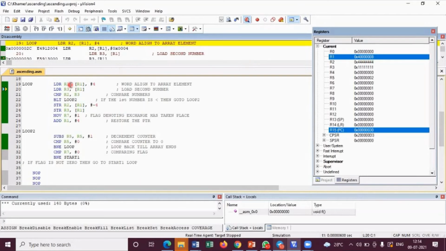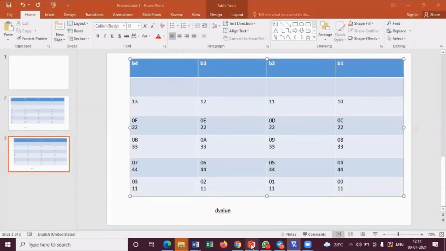Whatever was there in the R1, it is the load operation, right? So before, R1 was pointing to 04, whatever is there in this R1, please move it to R2, because I need to compare two registers, right? So 44 will be moved to R2 now. Then simultaneously R1 pointer is pointing to 08.